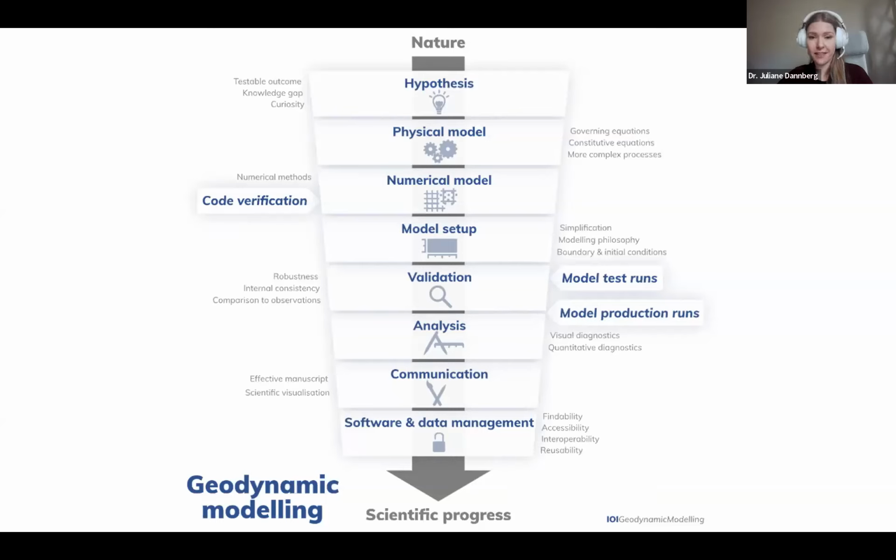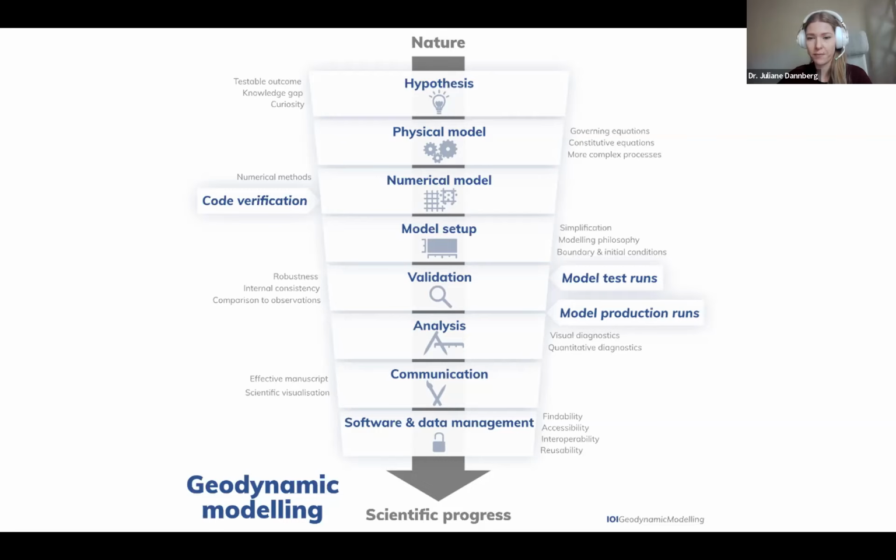After we've made sure that's the case, then we would pick a model setup. So we would choose what kind of modeling geometry and what kind of boundary conditions our model should have, based on what modeling strategy we have picked. And then we would go ahead and test that model setup. So we would validate that model setup in a number of test runs to make sure that we're actually also solving the right equations, so that the behavior that's predicted by the model is consistent with what we think the